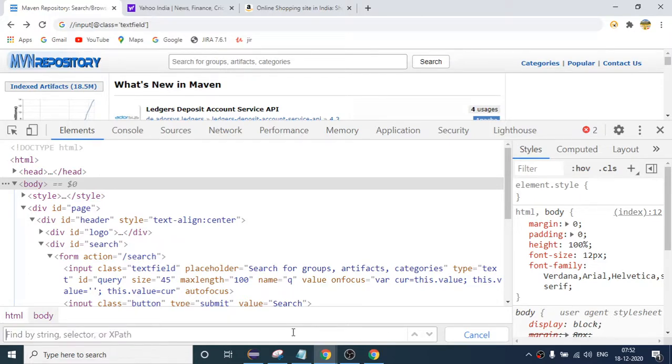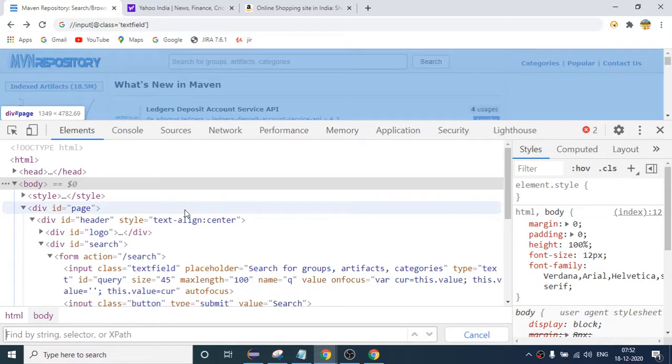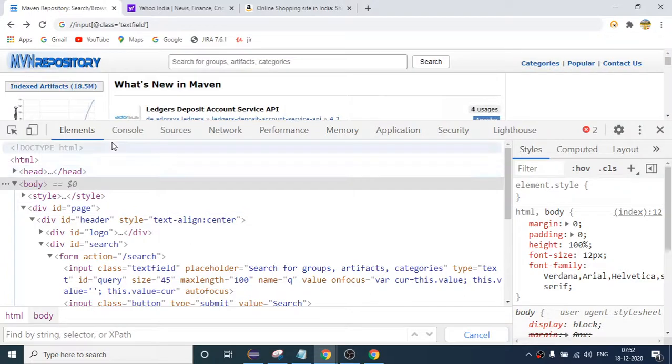Okay, suppose I come to the Rediff login page.